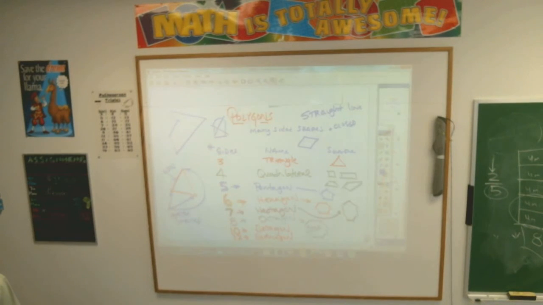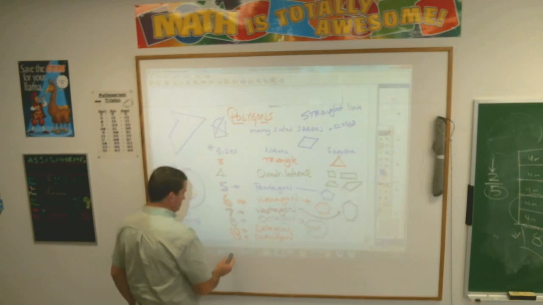Drew? Why do you think that they don't make a 9-sided shape or an 11-sided shape? They make them, and they just don't give us the names for them. They make them all the way up to as many as you can. And then two more definitions here, children. These will be